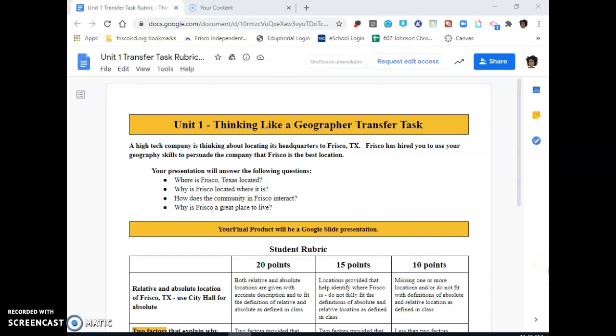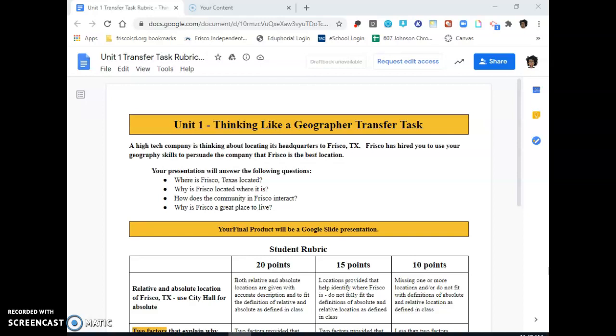Hey there, we are going to be working on a transfer task, and that's something that you're going to hear whenever we finish up a unit. We're going to be working on a transfer task as we go through world cultures and geography and social studies this year. So for this first unit, we're thinking like a geographer, and we want you to put yourself in